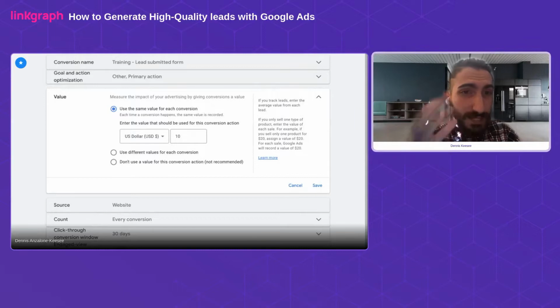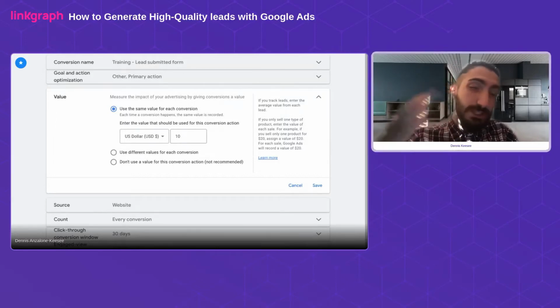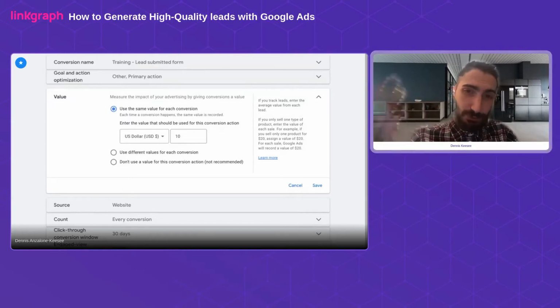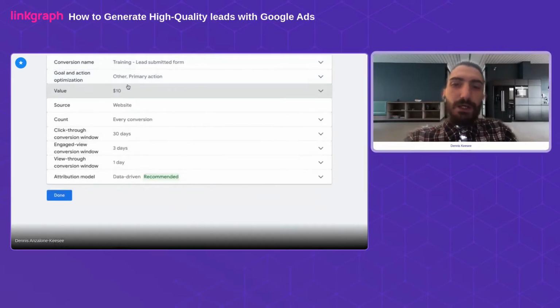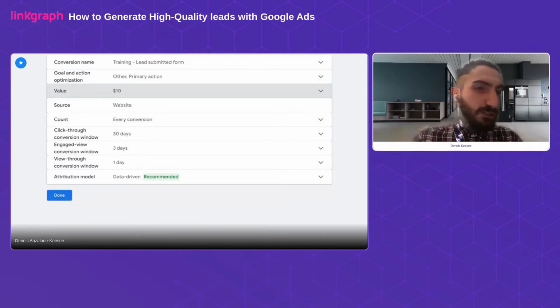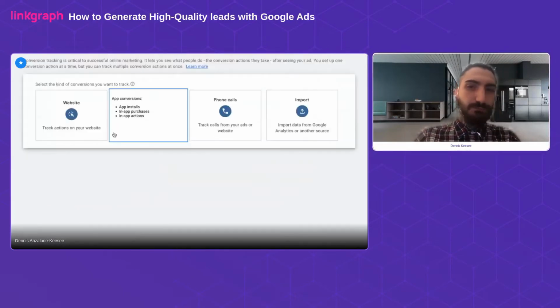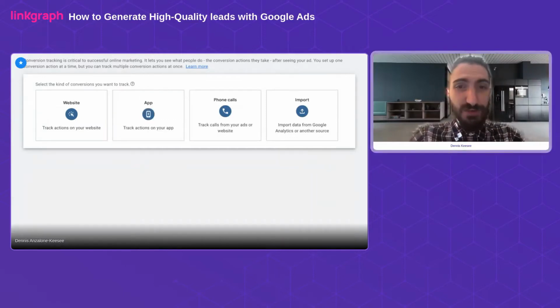And that's the monetary value that you want to input here. And I will show you why you need a monetary value here in a second. But as a start, make sure that you know what the value of a new lead is for your business, and input a monetary value in this field and save it. The other settings don't really matter. And then we can jump on the second step of the maximize conversion value strategy, which is tracking the